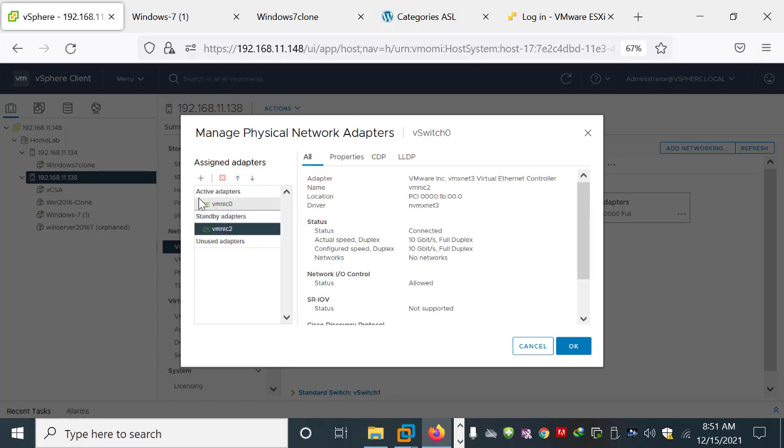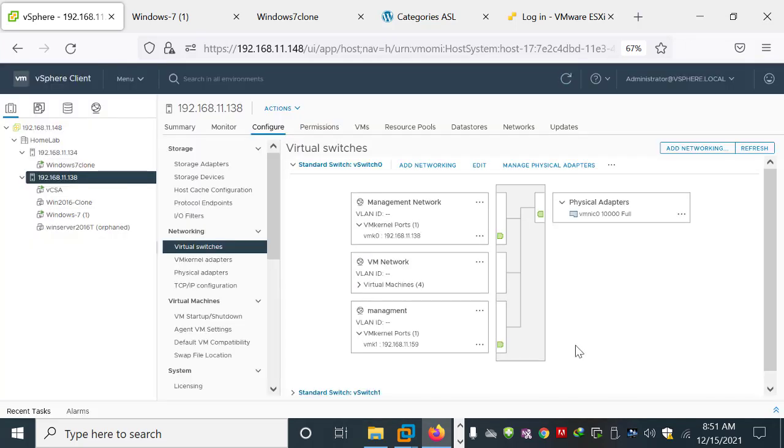So if this adapter goes down, my connection will run on the other one. As you can see, now I have two physical adapters. One is operating, and if something goes wrong with that adapter, the traffic passes to the second adapter. So in this way we can easily connect as many adapters as we want.